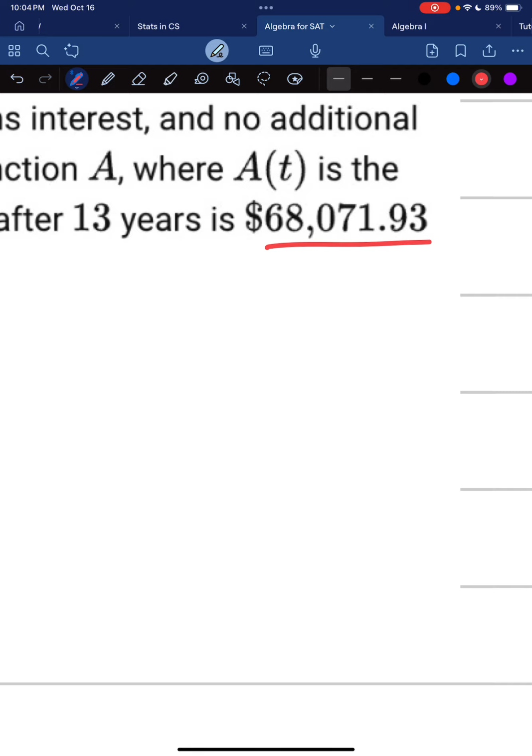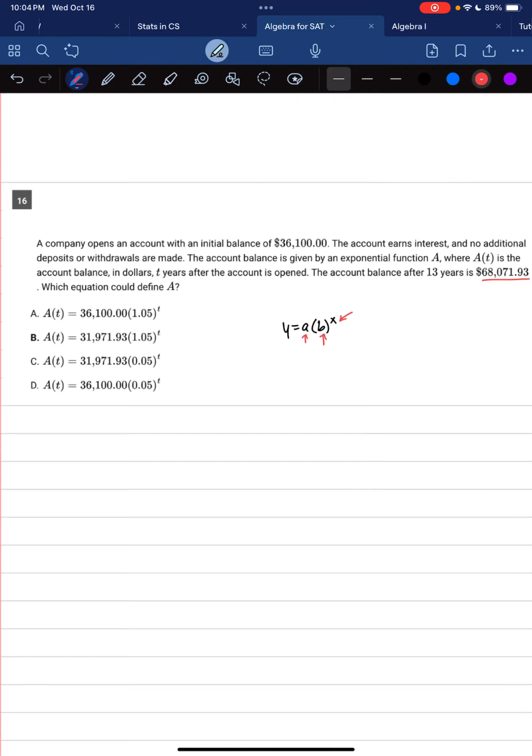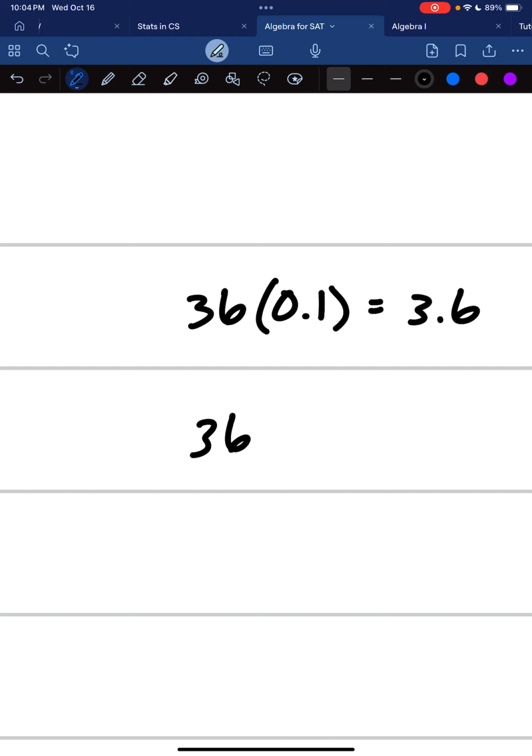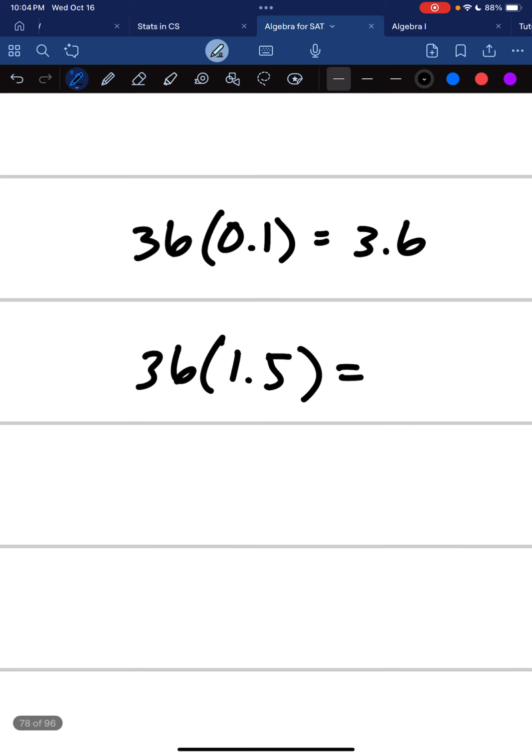So it's clearly growing, which means that our growth factor needs to be greater than 1. If our growth factor is less than 1, right? Let's say your initial amount is 36 and your growth factor that you multiply it by is 0.1. This is going to become like 3.6, right? That's going to become less. So your growth factor needs to be greater than 1. So maybe you have 36 times 1.5. This becomes, let's see, like 54, right? So if you want there to be exponential growth, then you need to have a growth factor greater than 1,